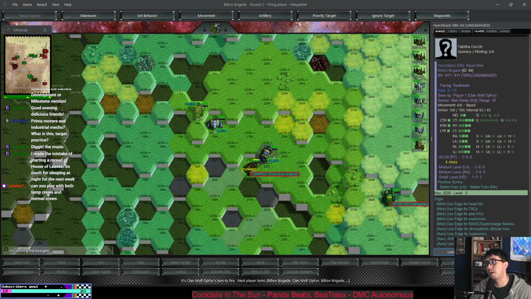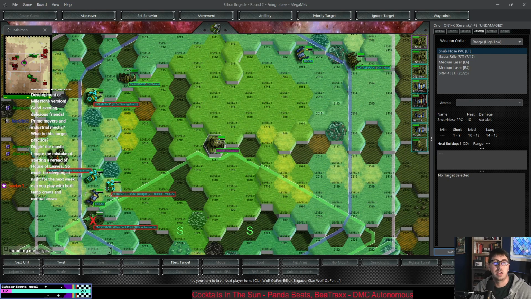You can play with both temp crews and normal crews. Yes. If what you mean is, can I have a vehicle that is fully crewed, but with only one permanent crew member and the rest temporary crew? And can this vehicle have 2 temp crew and 2 permanent crew? The answer is you can do all of that. When you crew up a vehicle as much as you want with a standard or permanent crew,